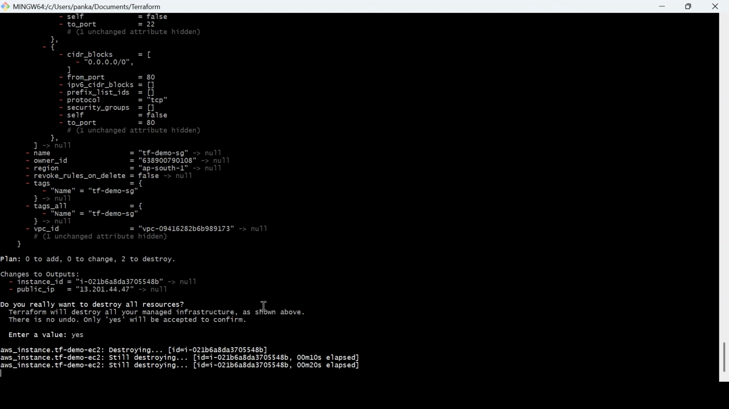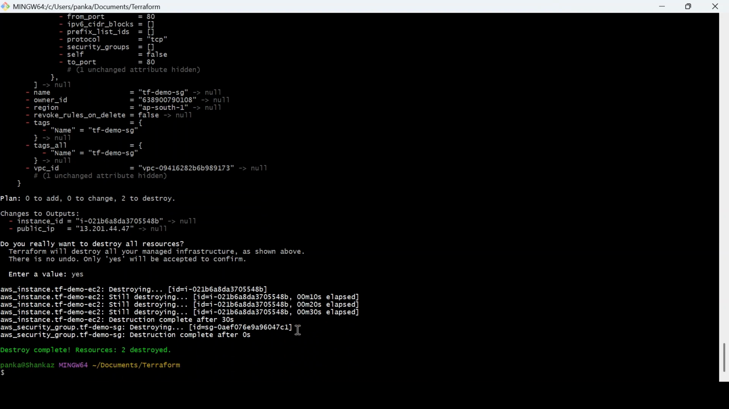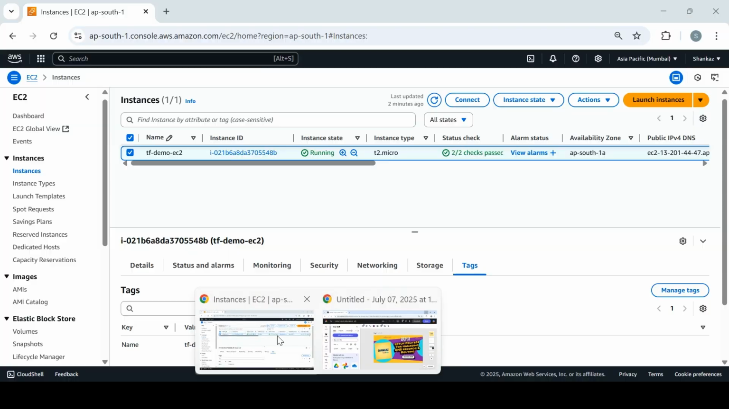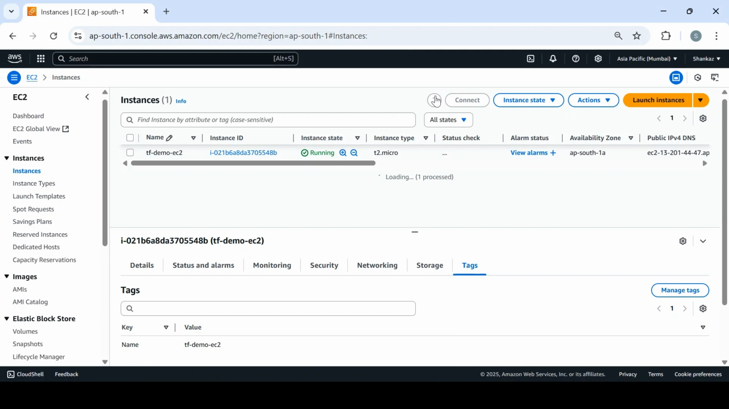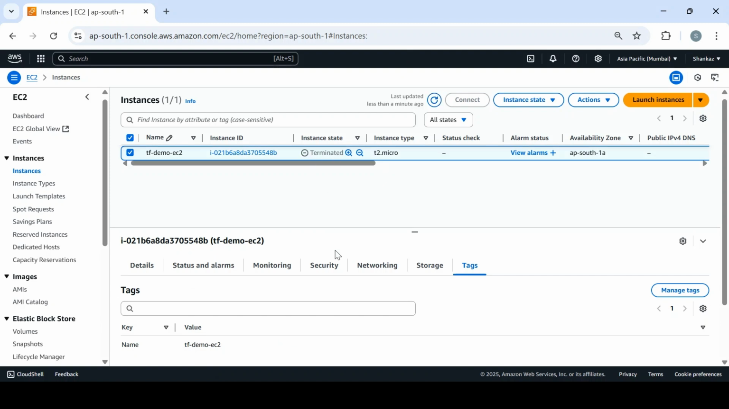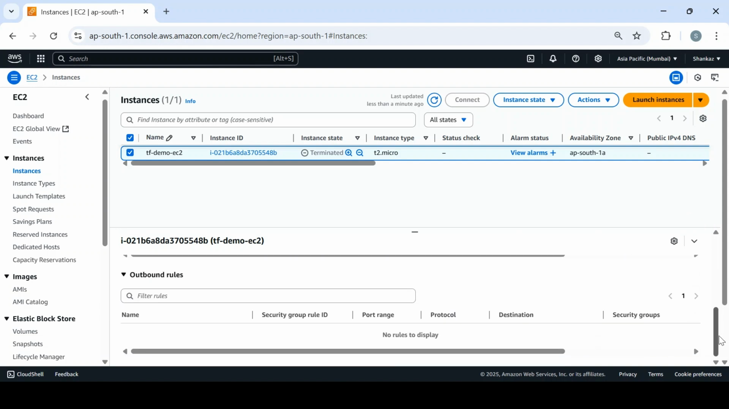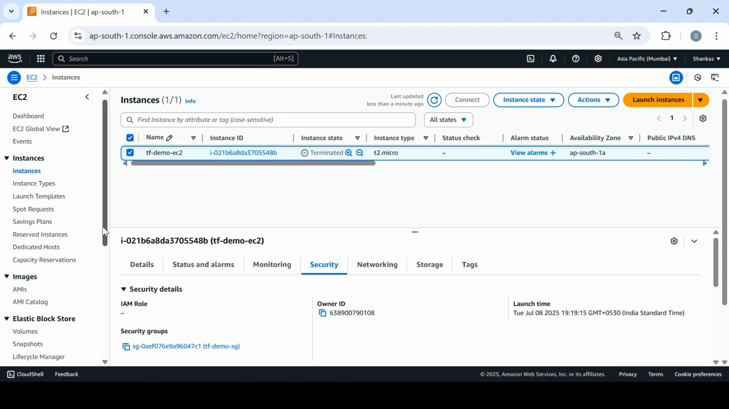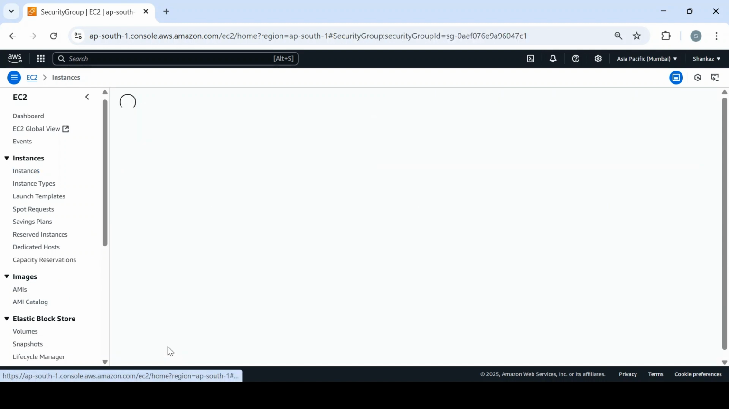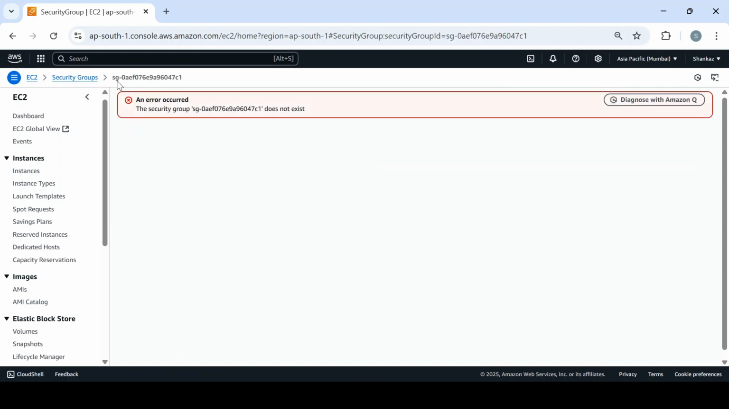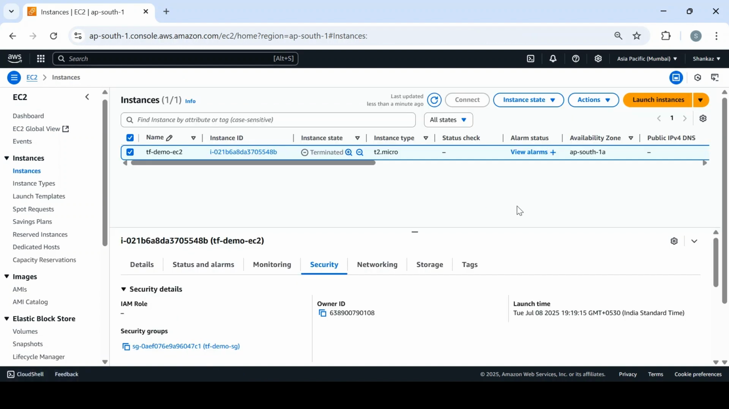Okay, so all right, destroy completed. Let's come here, refresh this. It's terminated. Security group, you won't find any security group rules here. It's gone. Not even the security group. If I click the security group, see, it does not exist because it's deleted. Okay, so that's how you can provision a simple EC2 creation